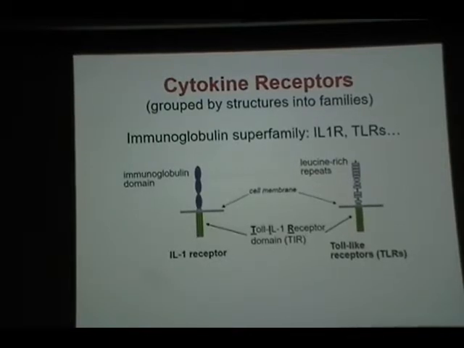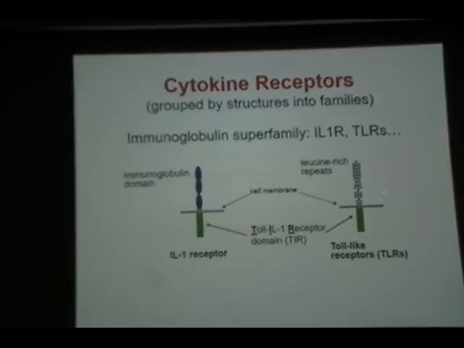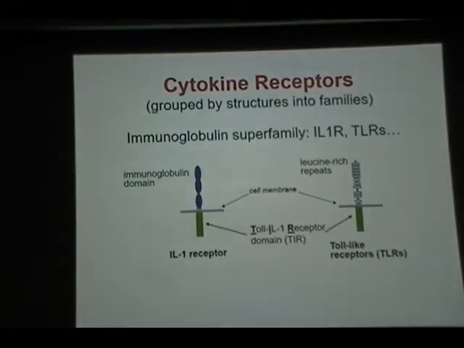And IL-1, the interleukin-1 receptor, we know that. Those two receptors are totally different receptors. However, they share very similar structure. They all have, this is the cell membrane, the extracellular domain, they have an immunoglobulin structure. And in the toll-like receptor case, we have leucine-rich repeats. So outside, this structure difference makes the IL-1 receptor only recognized by IL-1,